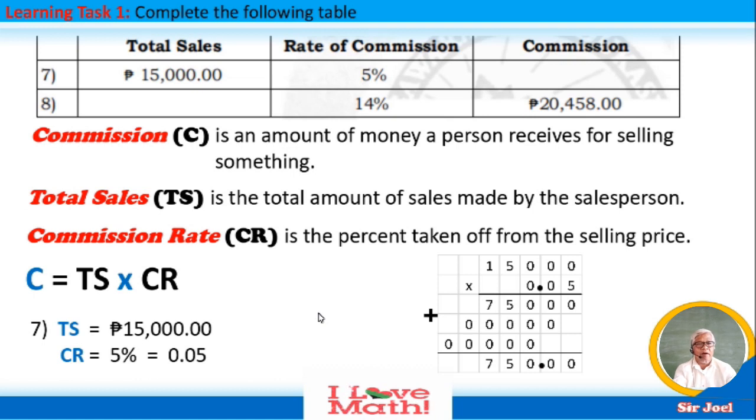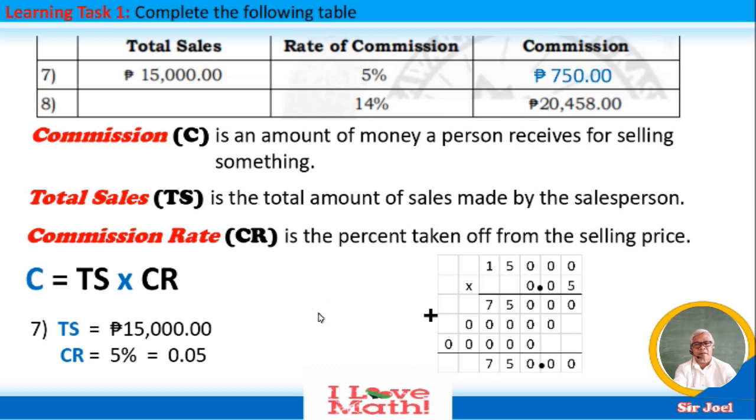Add lang natin pababa. So, we have 0, 0, 0. 5 plus 0 is 5, plus 0 is 5, while 7 plus 0 is 7, plus 0 is 7. And since ang dalawang zeros ay nasa unahan ng 750, kahit hindi na natin ilagay. So, meron na tayo ngayong 750.00, which is equivalent to 750